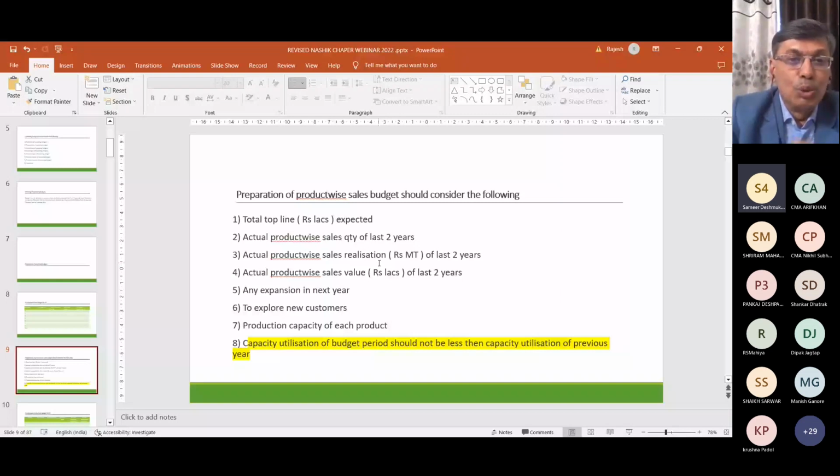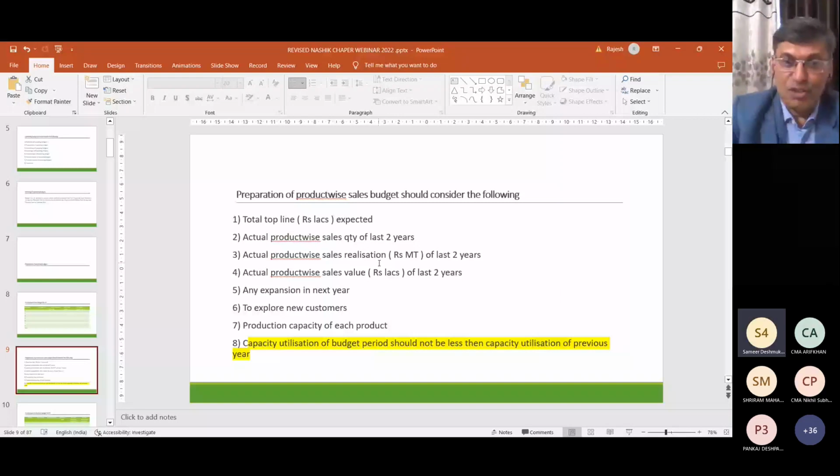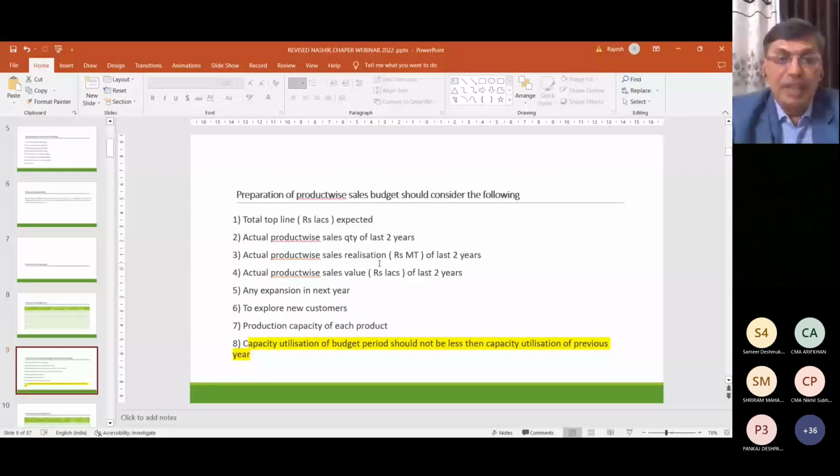Then, whether any expansion is going to take place in the budget period or not. If any expansion is going to take place, then there are two propositions. One is the existing quantity X, and second is after expansion, which will give rise to X plus Y. So when the sales realization is arrived at in the marketing department, first is the sales realization for the quantity X, which is already